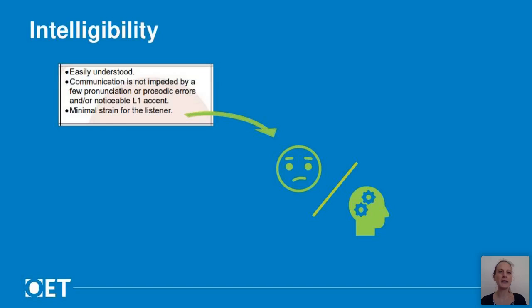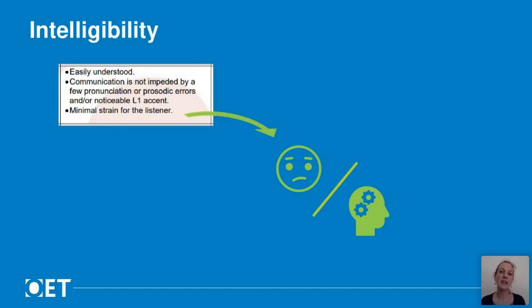So the first of the criteria is intelligibility, which means your speech is easily understood with what is called minimal strain for the listener. And my best way of explaining strain is the expression on that emoji on the screen, a quite puzzled, confused kind of look. But the patient or interlocutor might not always show this strain on their face. It is, after all, a little bit impolite. So instead, internally, their mind will be turning, trying to understand what you have said.